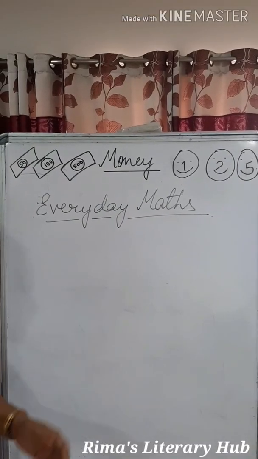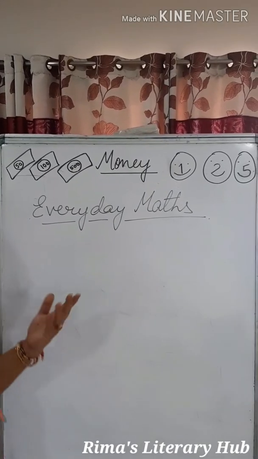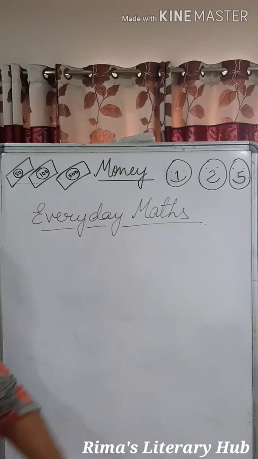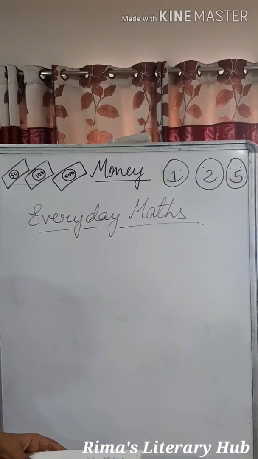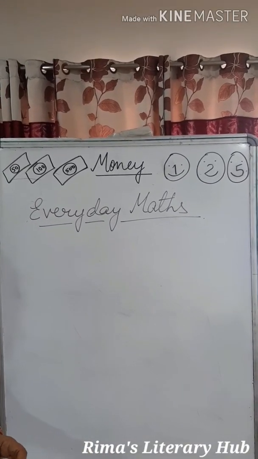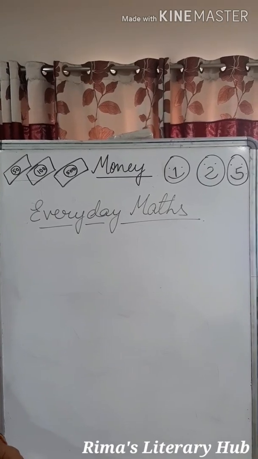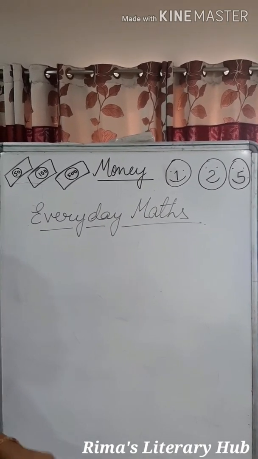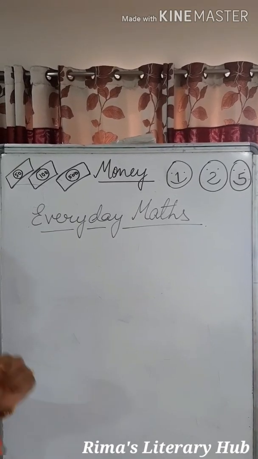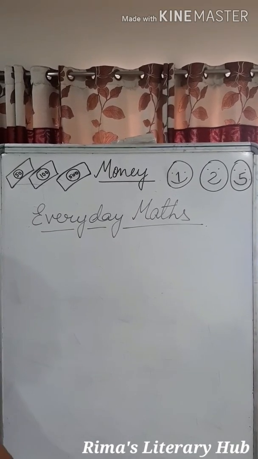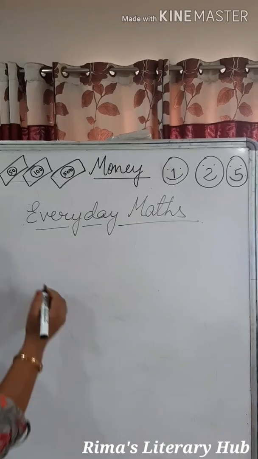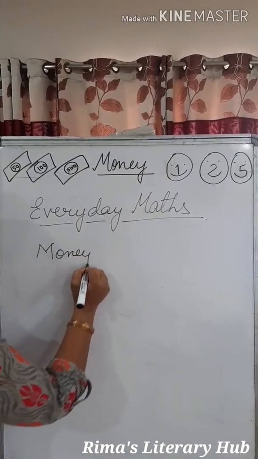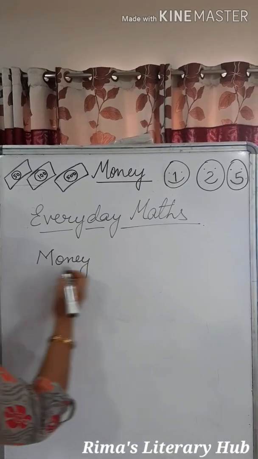Now we will be doing some story problems which we come across in our daily life. So it's named as everyday maths. Rakesh's father gives him rupees 250 every month. Remember, he gives him rupees 250 every month. If he does not spend it, how much money will he have after 6 months? So it's just an example. Money given